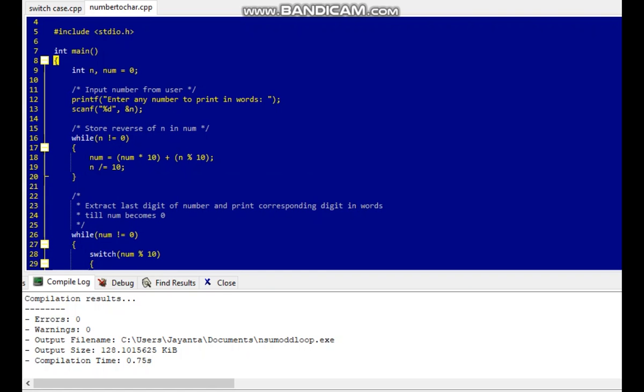That is, the remainder part should be taken from here and should be added with the multiplication of num and 10. After that, n equal to n by 10. Through this, we will get the reverse of n and will be stored the value in the variable num.